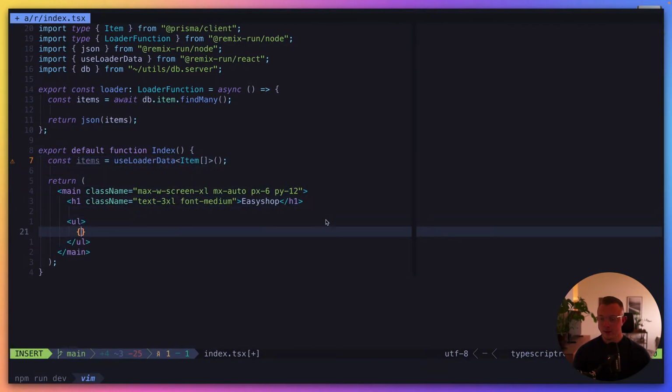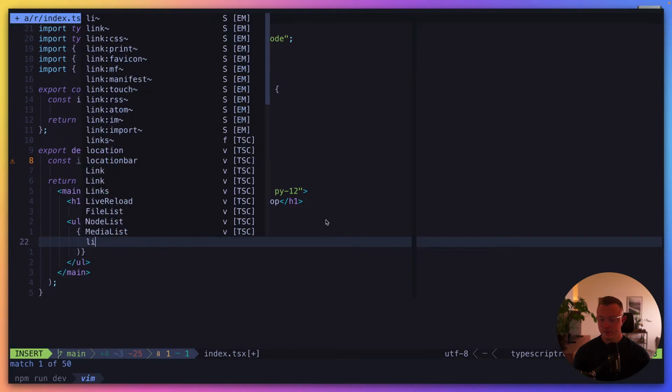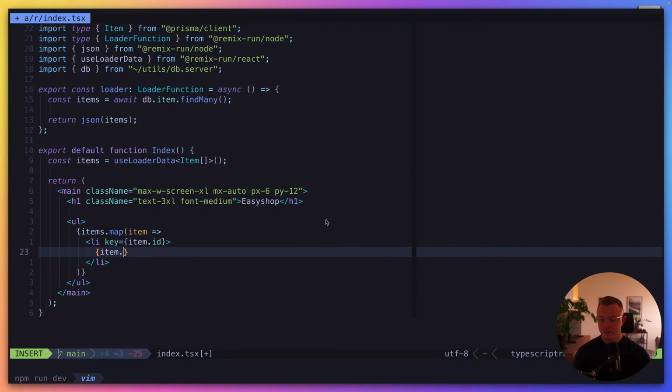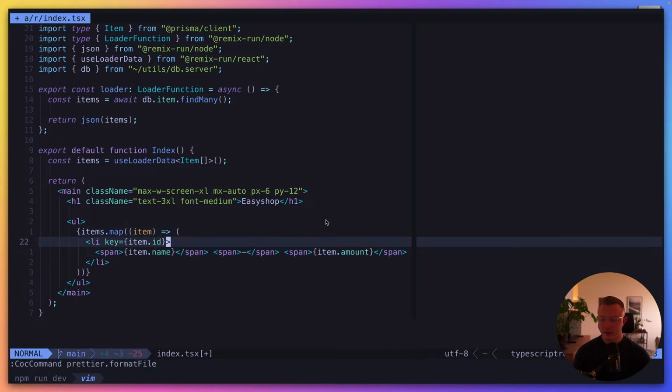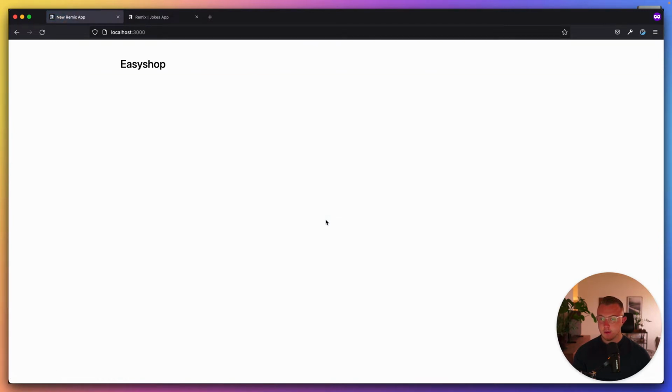So we can map this out with items.map, item, like this. So if we save this and we go ahead and go into here, we won't see anything because